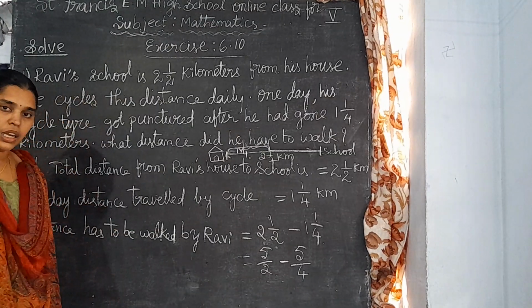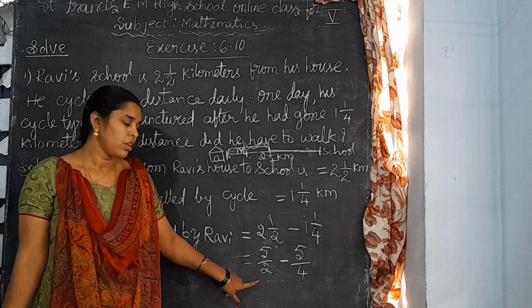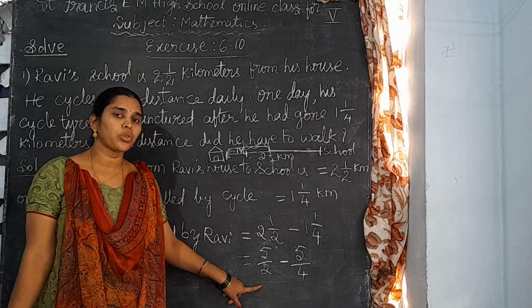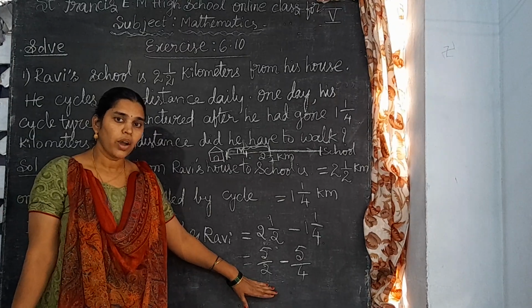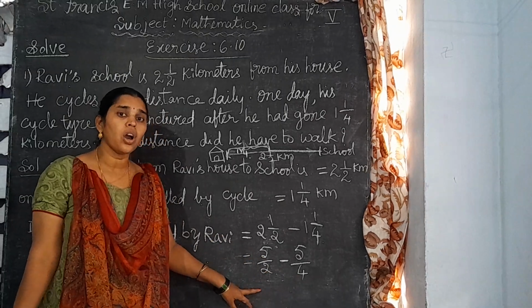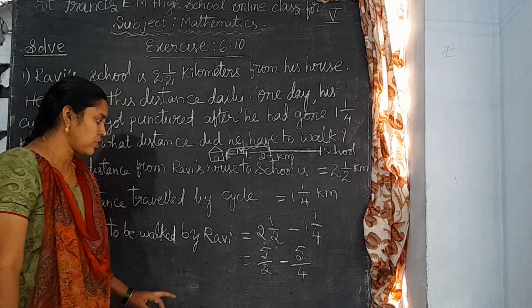Now you check it. Are both the denominators the same or not? They are not like fractions. So what do you have to do? You should take LCM for the denominator part. Why are we taking LCM? To convert these fractions into like fractions. So see,